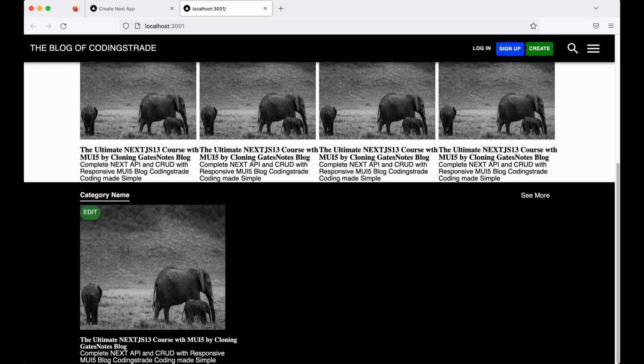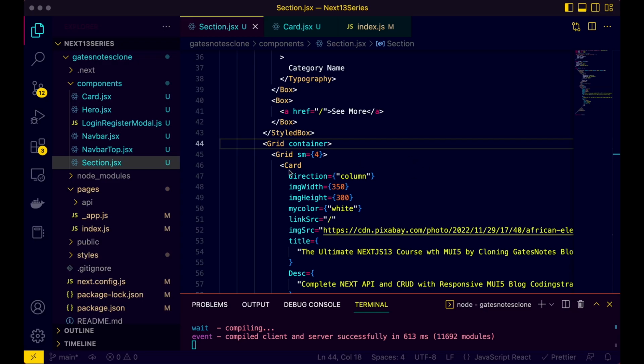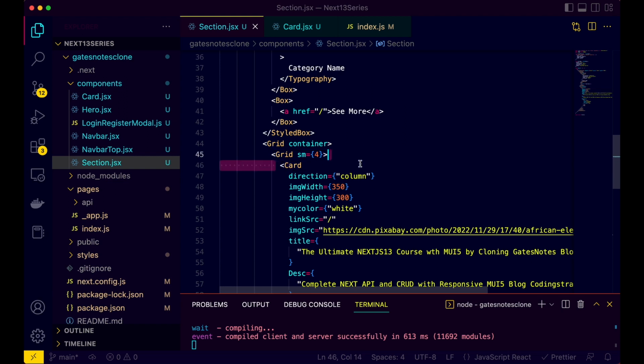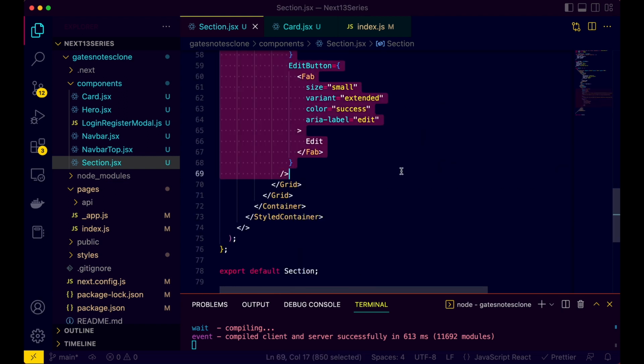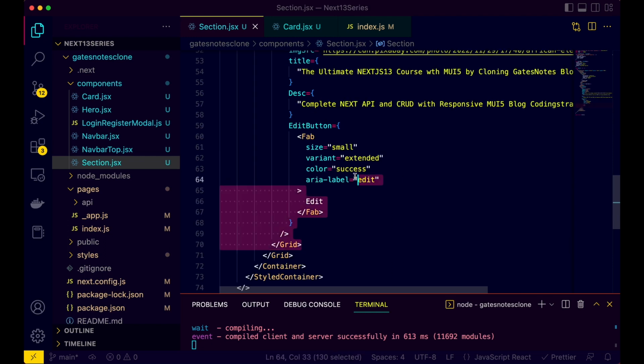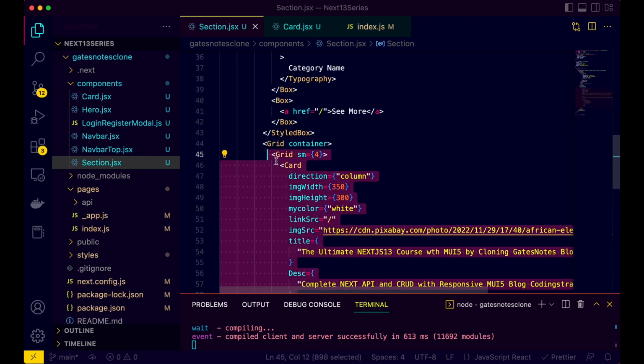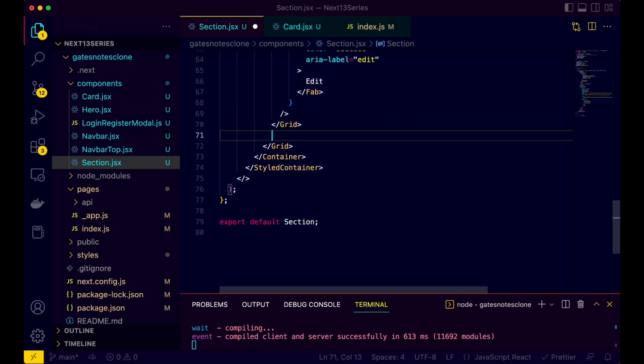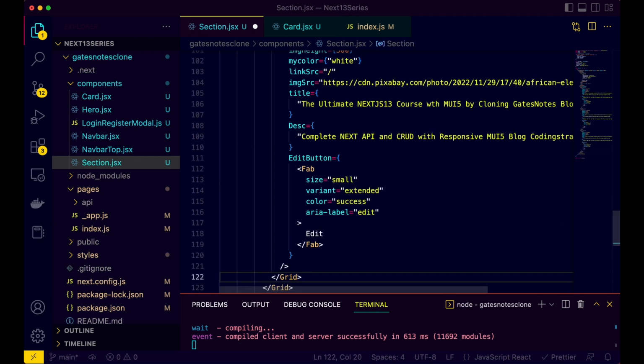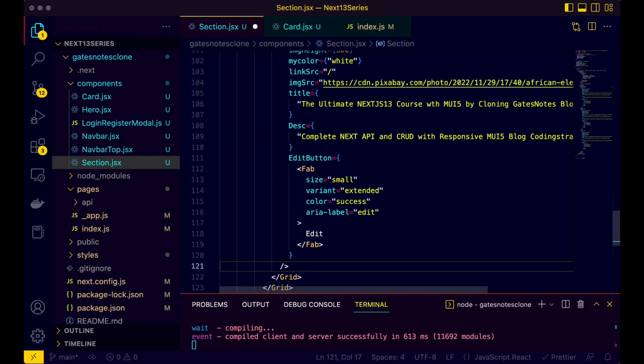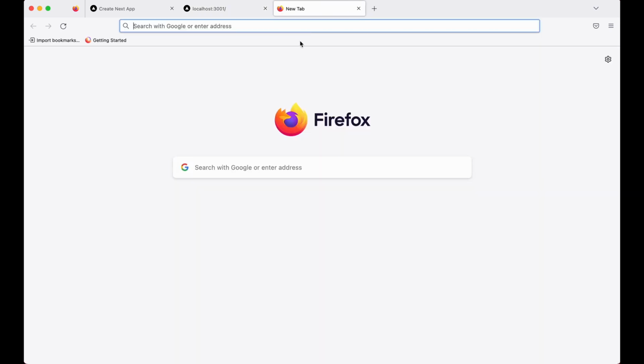So let's create some more cards here also. So 3 of them we need. So I'll just copy this one up to the fab, or we need the grid also because we will be repeating all the grid all the time. So we get all those 4 columns here. Now after this grid, I'll just paste this twice, but before saving that,